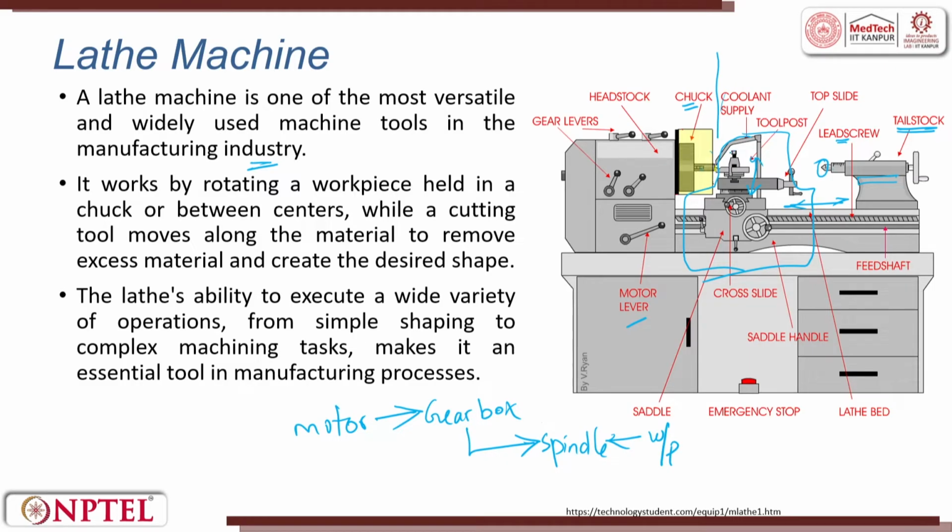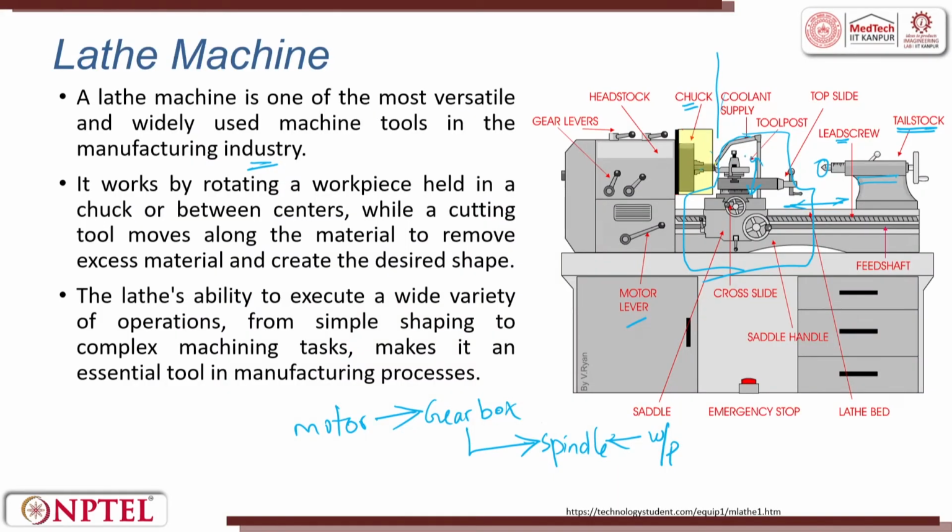So as I told you earlier, this is a tool post. Here in this machine, you have only a single tool. You can also have multiple tools. For example, you can have a tool post which has a cuboidal structure, wherein you can try to mount 4 tools. If you have a hexagon, you can have 6 tools. If you have an octagon, 8 tools. So all the tools will be loaded and kept on the tool post.